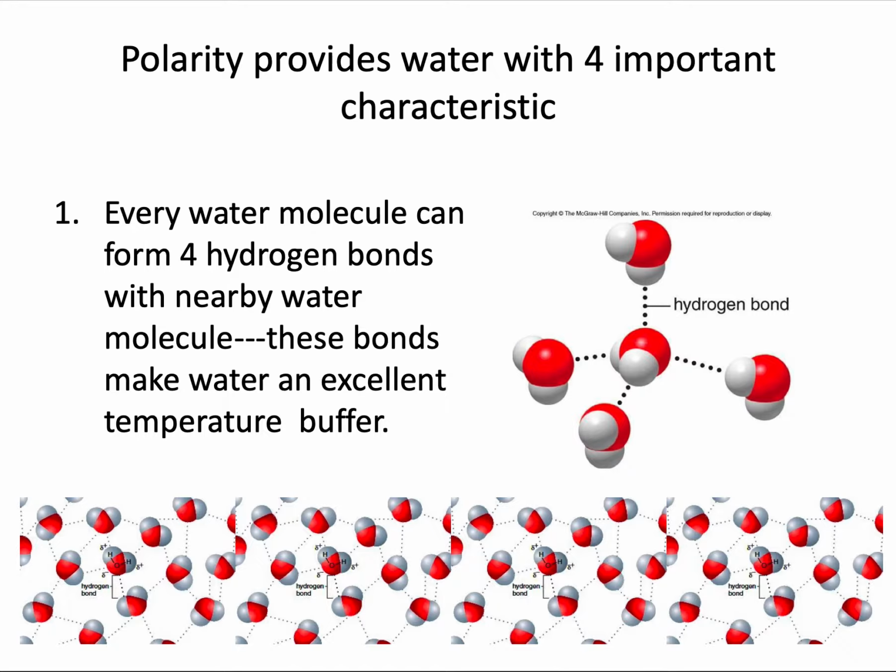The reason is that each molecule of water is connected by 4 hydrogen bonds to its neighboring water molecules. So as you have a lot of water molecules here, each water molecule is connected by 4 hydrogen bonds. That makes it very difficult to break all these bonds, and so water has a high boiling point, which is very important, and so